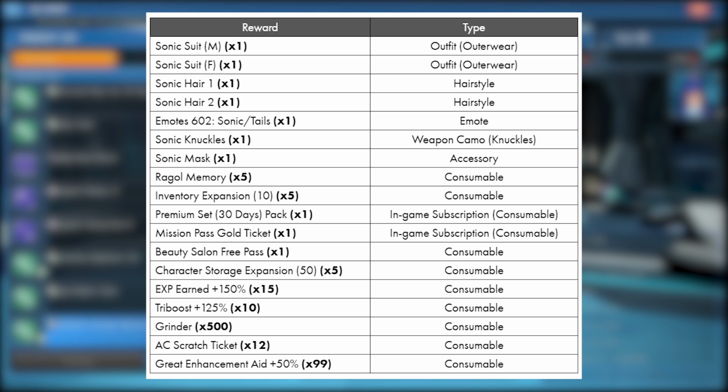This can actually go up to 1,000, but as a part of that premium set, you're going to get several of these. You're going to get 5 of these, and that's going to be valued at $40. So you're going to get both the inventory expansion and a character expansion. It's going to take you to 550 slots of inventory. Plus, you're going to get 12 AC scratch tickets, so you can kind of see what that's all about. So that's another $22. This is just right under 100, but you're going to get all the emotes,